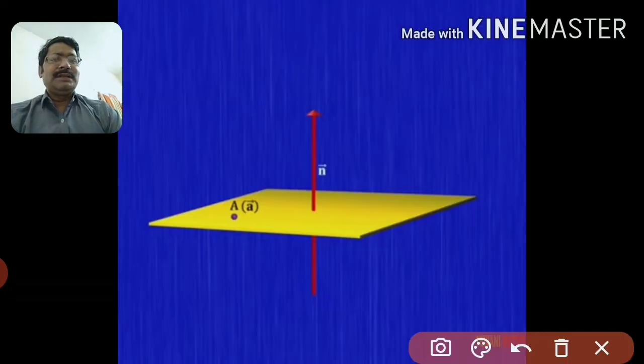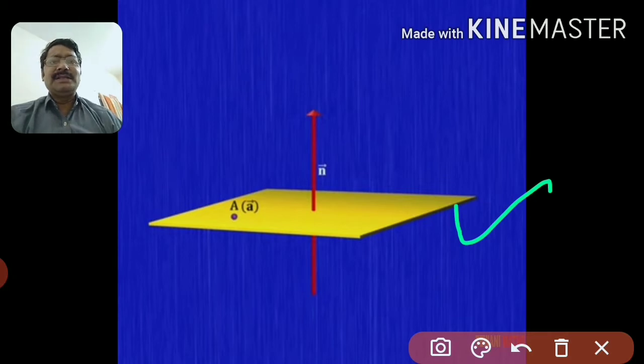Look here, this plane you can understand by this diagram. In this diagram you can check this plane is given to you in yellow color. This surface is a plane, and the red line shows the normal of the plane. Means each plane will have a normal. Normal means a line perpendicular to the plane. Means a line that makes a 90-degree angle with the plane, and this line is called the normal of the plane.